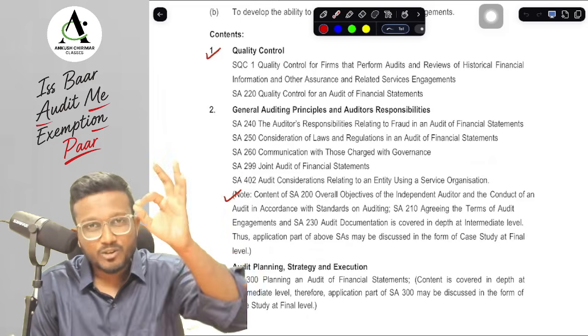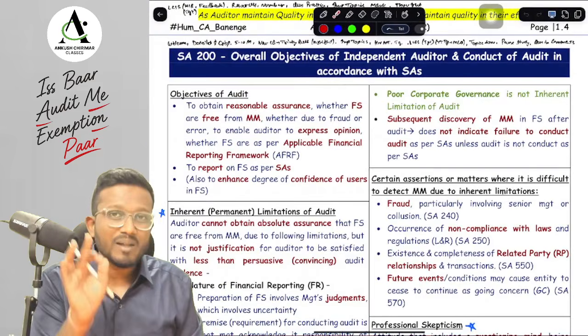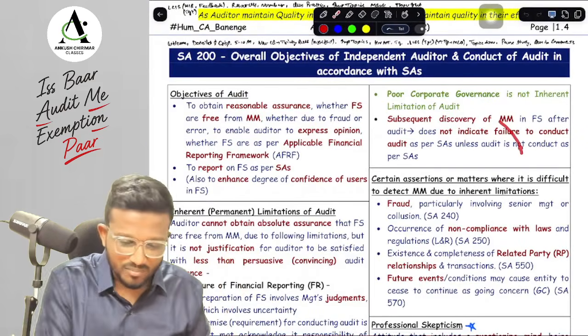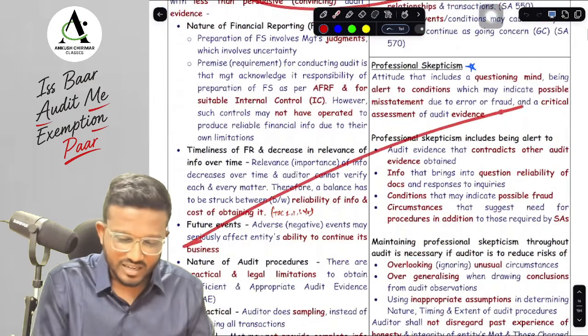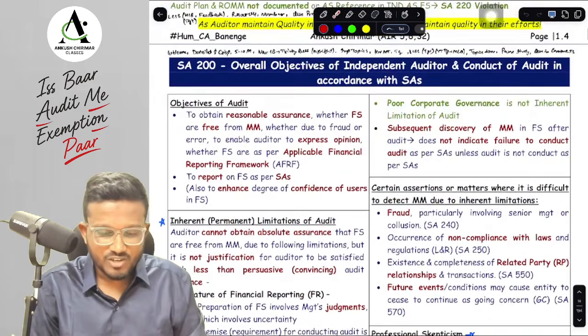And in the new course I have also seen that whatever questions ICAI is asking from these three particular standards are on an application basis only. So we are going to cover everything that is relevant from this new concept book which we have made, and we are going to cover all the tricky questions as well in this revision video itself.